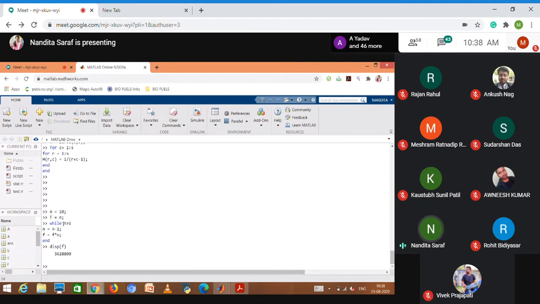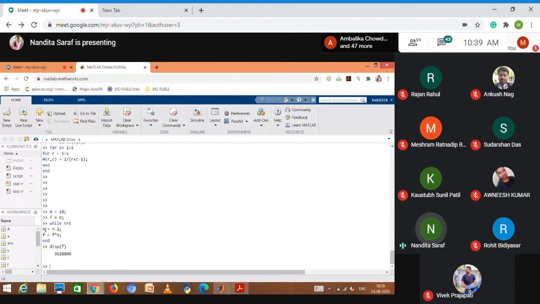Now inside my loop, I am defining the updated value of n, which is equal to n minus 1, which is 9. To the left of the equal to sign, I have the updated n. To the right of the equal to sign, I have the initial value of n.